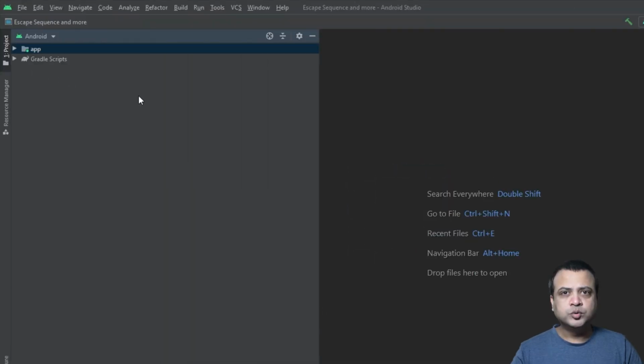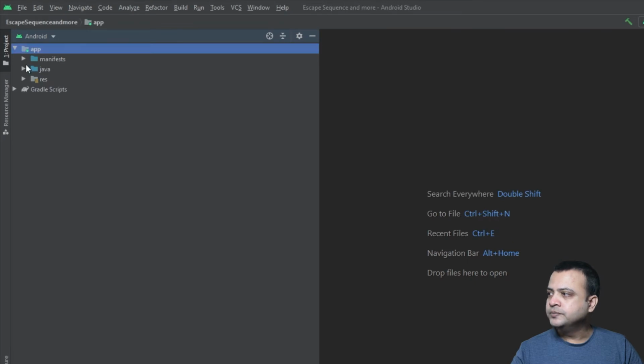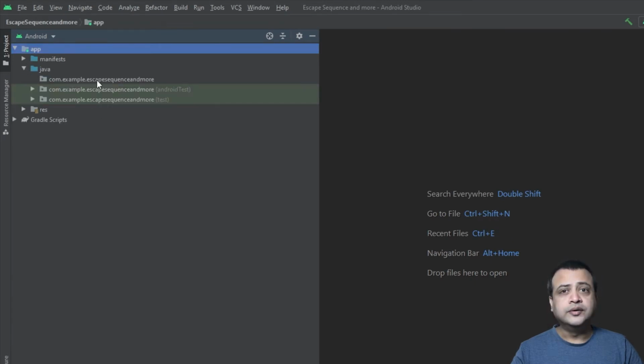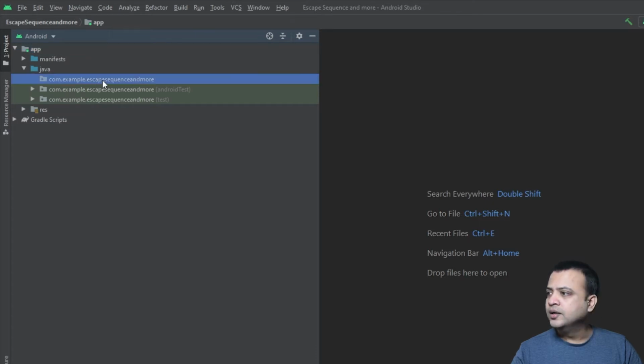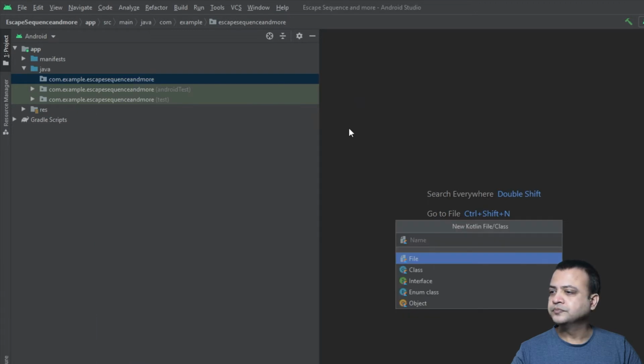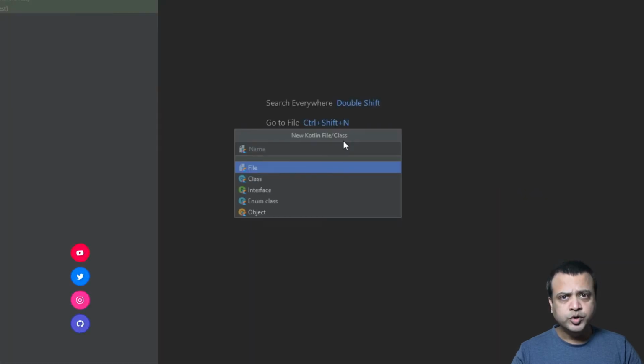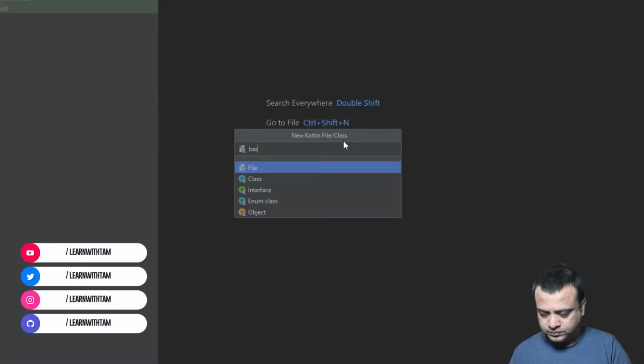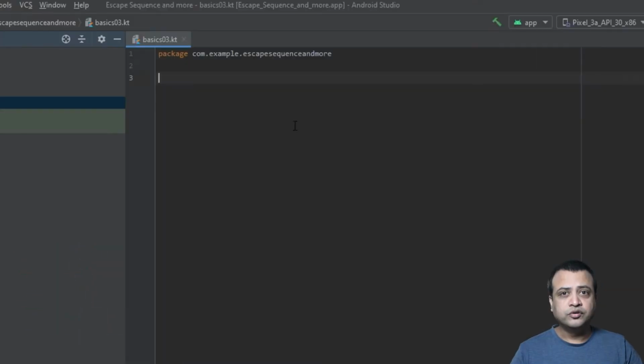In your Project Explorer, open the App folder, then open the Java folder. Then right-click on your package folder, select New and then select Kotlin file. Give a name to your file. Once your file is open, create the entry point function.